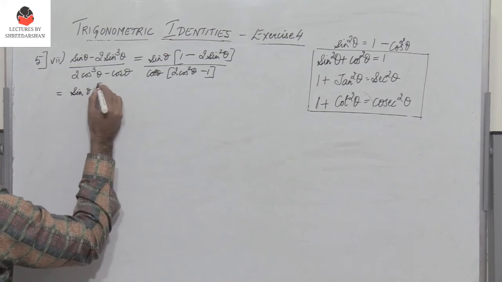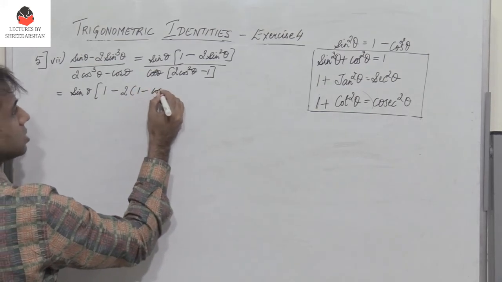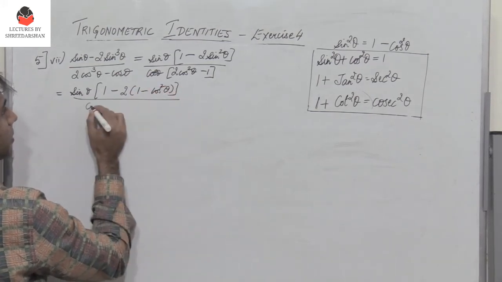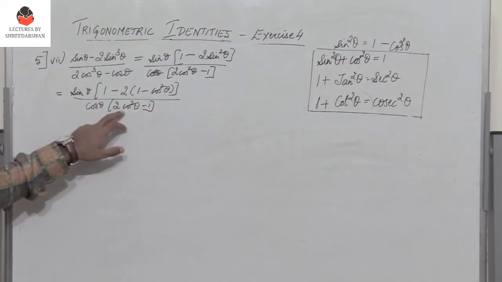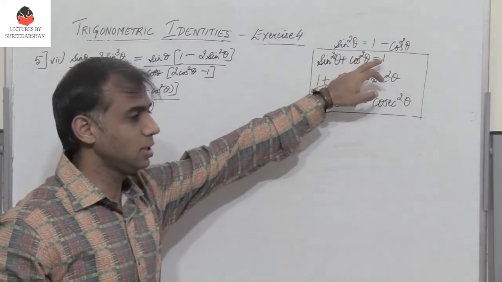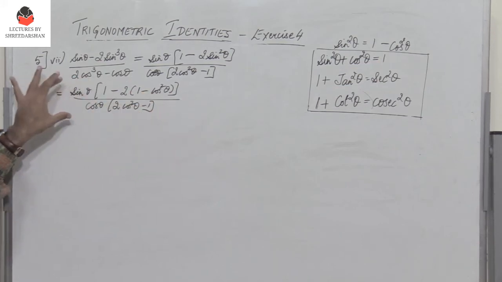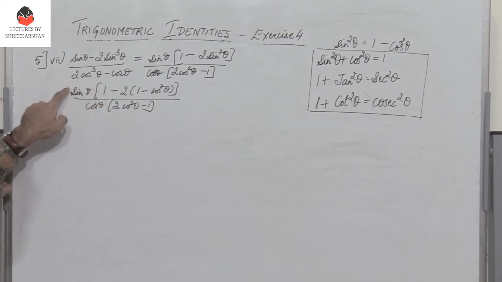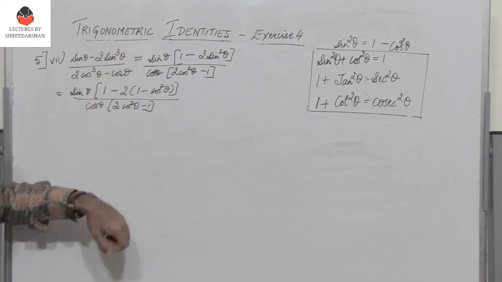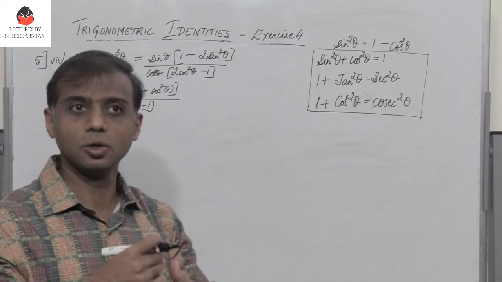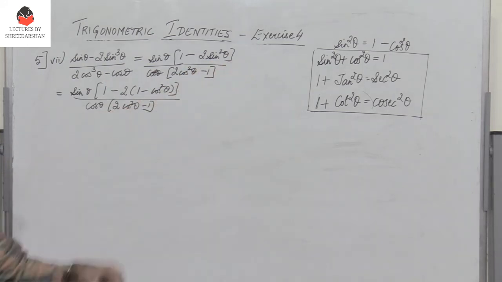I have sine theta into 1 minus 2. What is sine square theta? It is 1 minus cos square theta, divided by cos theta into 2 cos square theta minus 1. Now I will not do the substitution here, because if I do the substitution for cos square theta, here I'll get sine square theta and I will not be able to cancel them. So my job is I need to get tan theta. I've already got tan theta here, which is sine theta by cos theta, and this has to be reduced, eliminated. It should become equal to 1. So I need to have the same thing in the numerator and denominator. So I only convert this, that is sine square theta, to cos square theta.